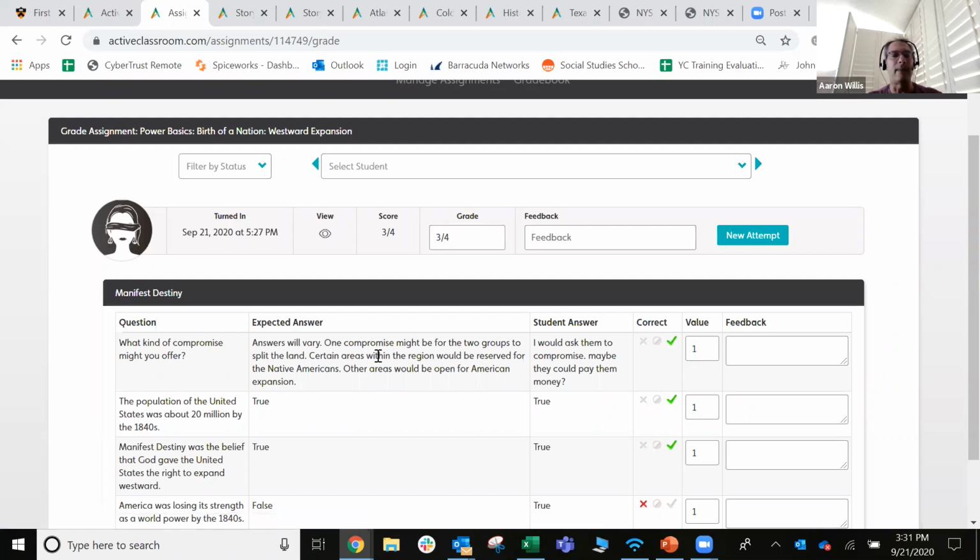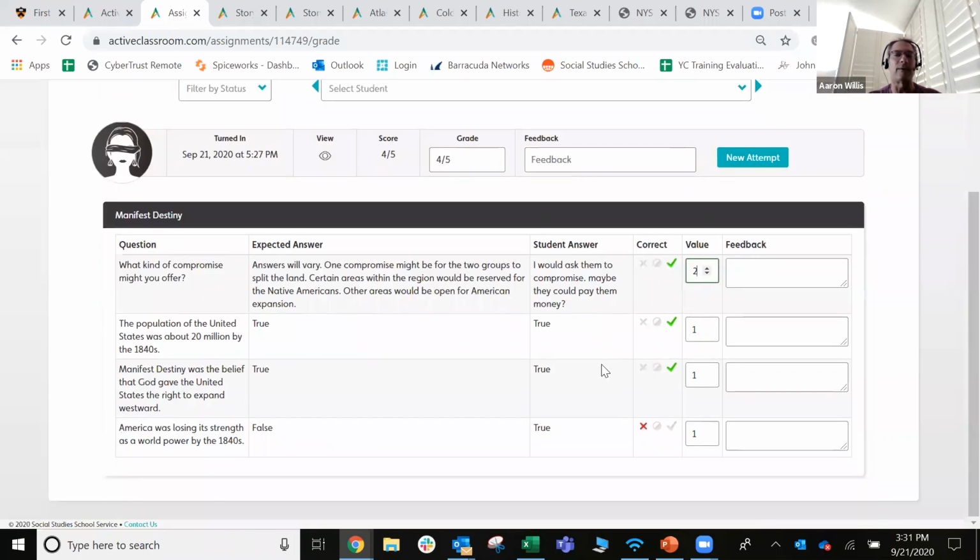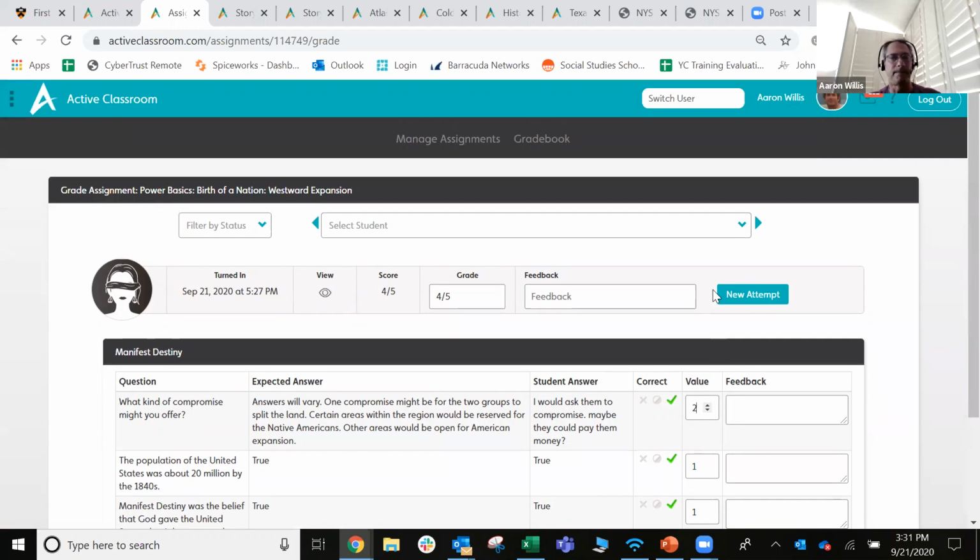Now, that question was a little harder. The essay question, the short answer question, I could make that worth 2 points. And now I've got 4 out of 5. Maybe that more accurately reflects the difficulty, but when you change the value of the points for an activity, that changes it for all students, not just this one student. But I think that's fair for what we've done here. So I can see here I've got a score of 4 out of 5,